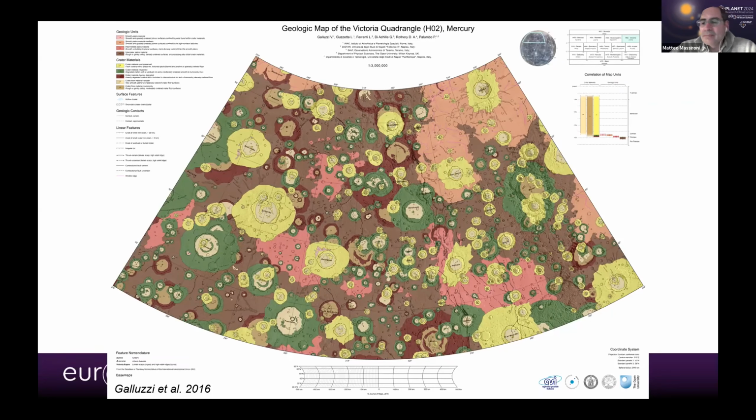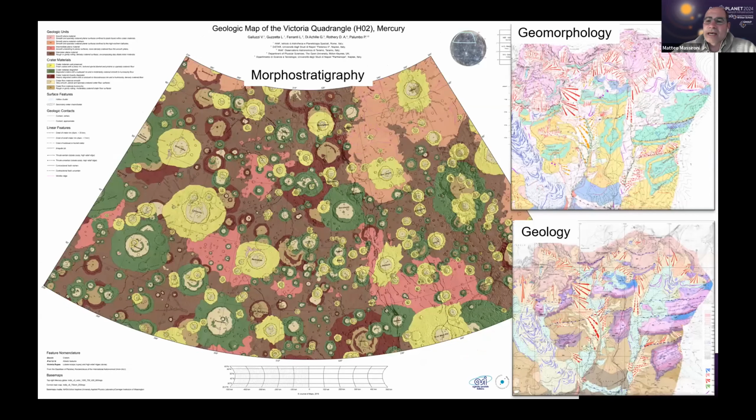And then we have many kinds of craters, and their deposits can be mapped one on top of each other. We can eventually see the overlapping relationship within them, but most importantly, we can even understand the stratigraphic relationship on the basis of the degradation of one crater with respect to the other. The older ones are more degraded than the younger ones. But at the end, the geological map of planets is a kind of morphostratigraphic map, which is in between